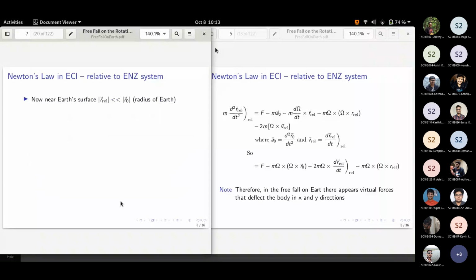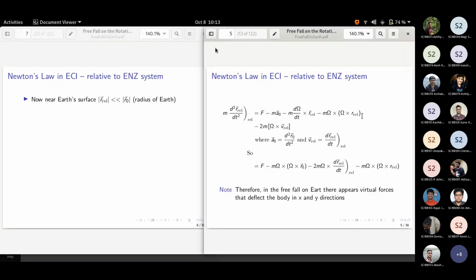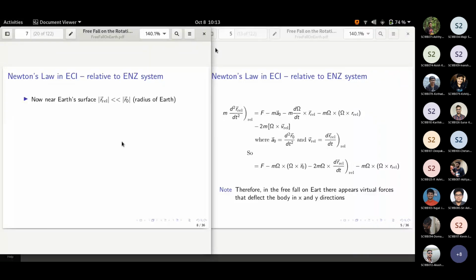Okay, so near the surface of the Earth, if you look at this, RL is above the surface of the Earth. From the surface to the above, that is, if an observer is looking at the object from the surface of the Earth, that particular vector is your RL. R naught is from the center to the place of observation, that is on the surface of the Earth, basically the origin of the coordinate system.